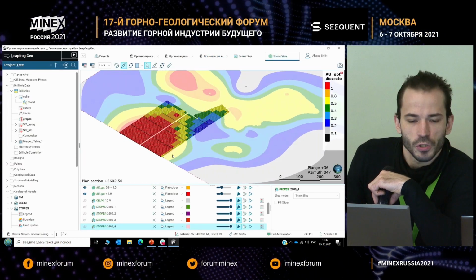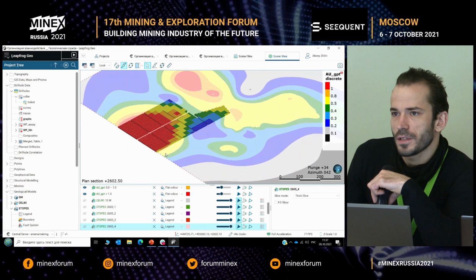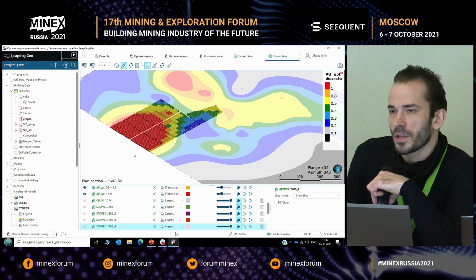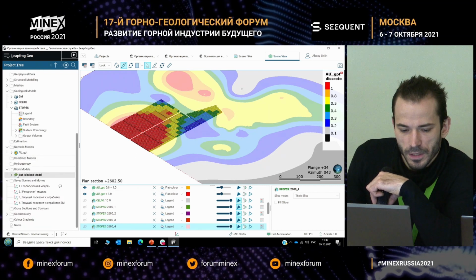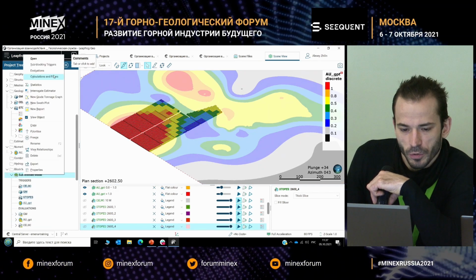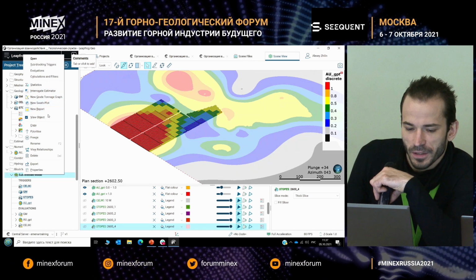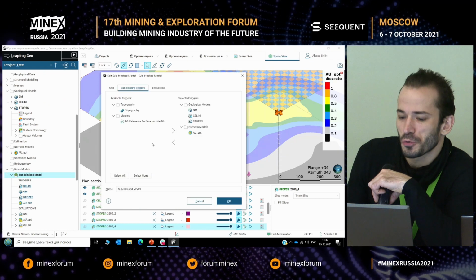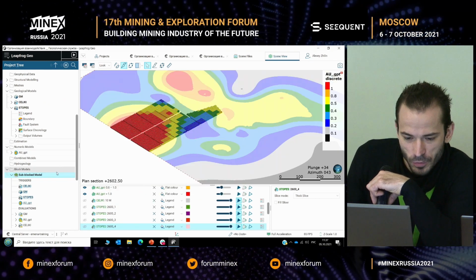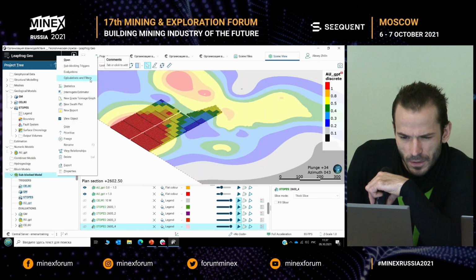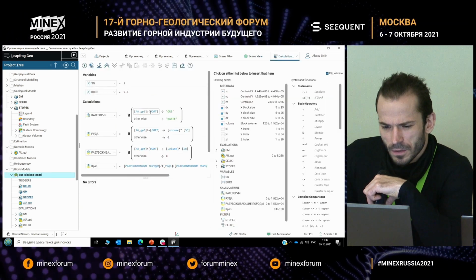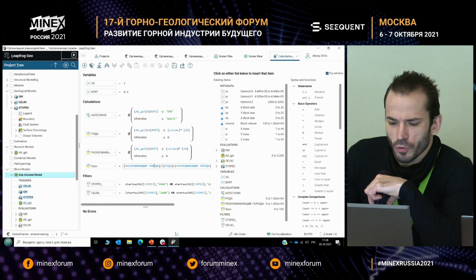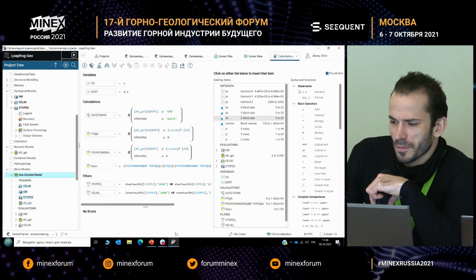Here we see the cut of one of the horizons, and here we see these 9 levels. We added the block model to the project. I'll add the calculations that were performed, and we'll see them on the screen, and then I'll comment on what we can find here. So here we have created the block model.